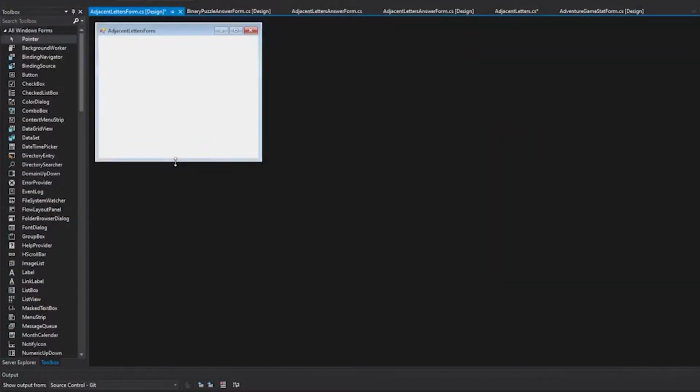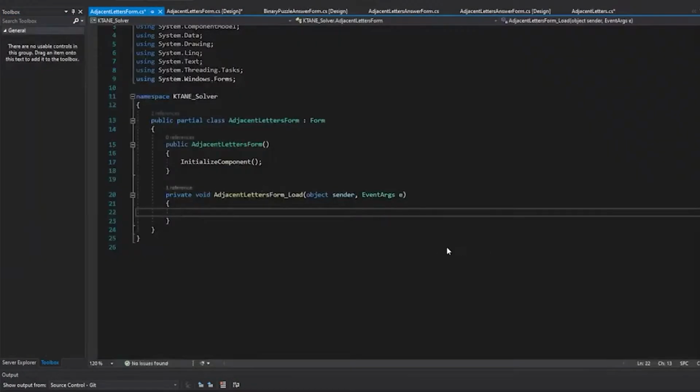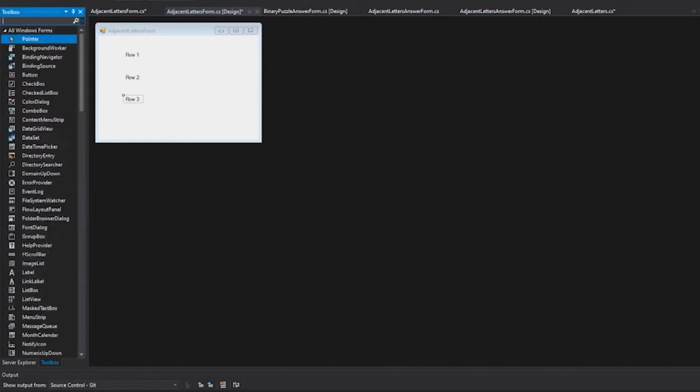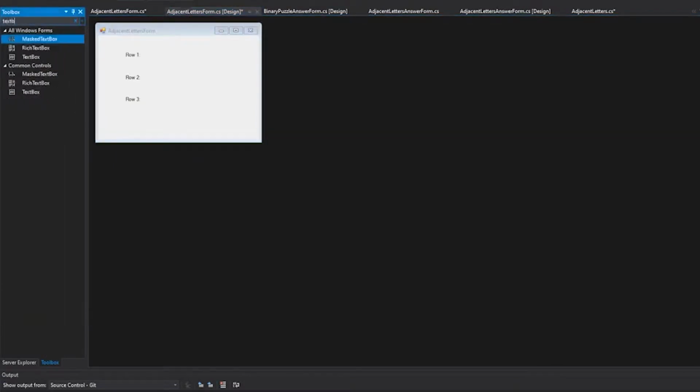I made two GUIs for this module. The first one will get the user's input. I wanted this process to be as efficient as possible, so instead of having the user put only one letter in 12 text boxes, I decided to have 3 text boxes where each one represents their respective rows in the module. The user can type a row in reading order. I also made the tab order go from text box to text box and then to the submit button in order to save time.